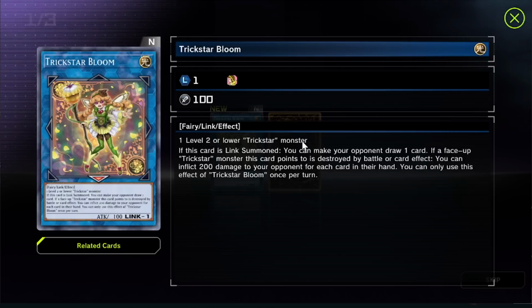We have the tokens, but again, the tokens summon us the nice Trickstar monster, which has 2,000 attack. And then if a face-up Trickstar monster you control is destroyed by battle or card effect, you can inflict 200 damage to your opponent for each card in their hand. Again, what are we going to do? Trash our monster into our opponent's monster and then inflict, what, like 400 life points? This is such a weird...